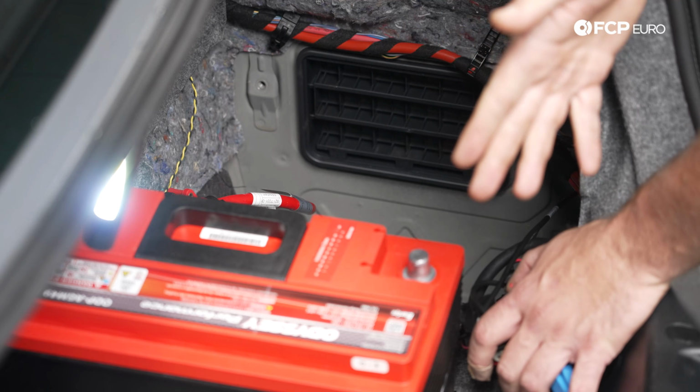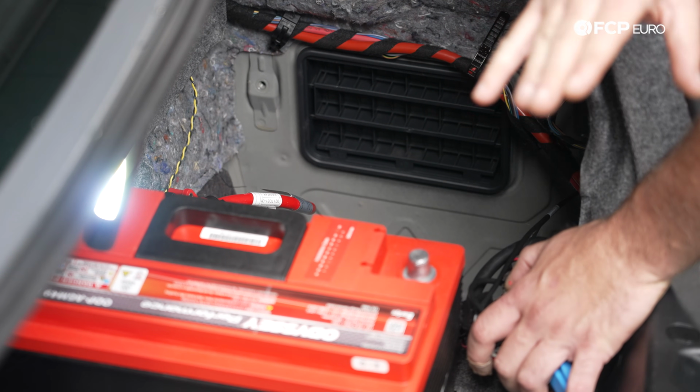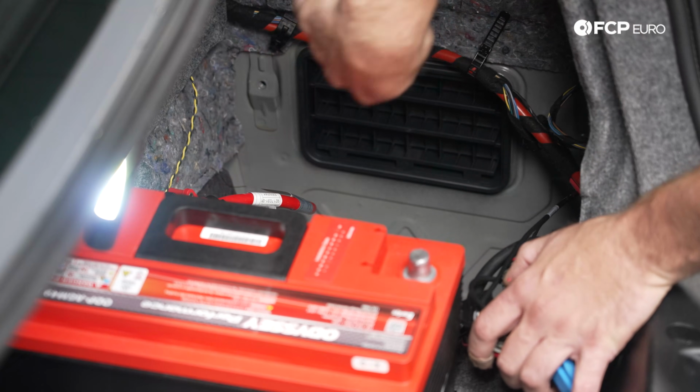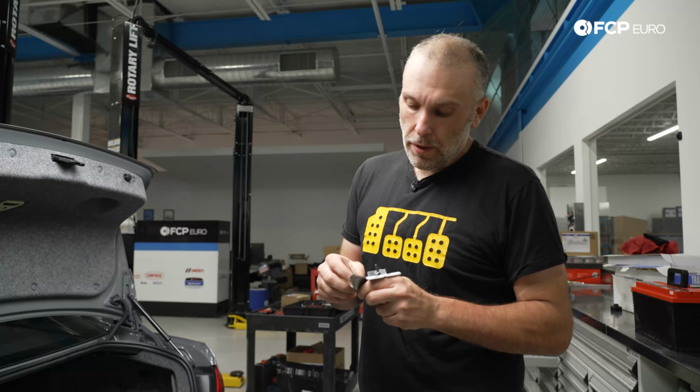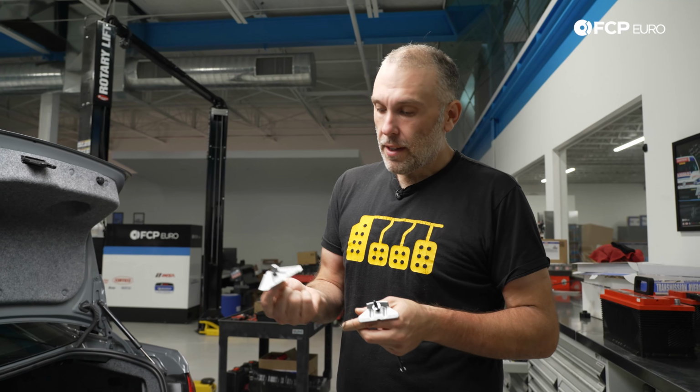They can only go in one way, but it would be really unfortunate to drop the battery down and find that the terminals are on the wrong side. So terminals are gonna face inward that way. So another little change, or what I like to call an update we're gonna do, is this little hold down